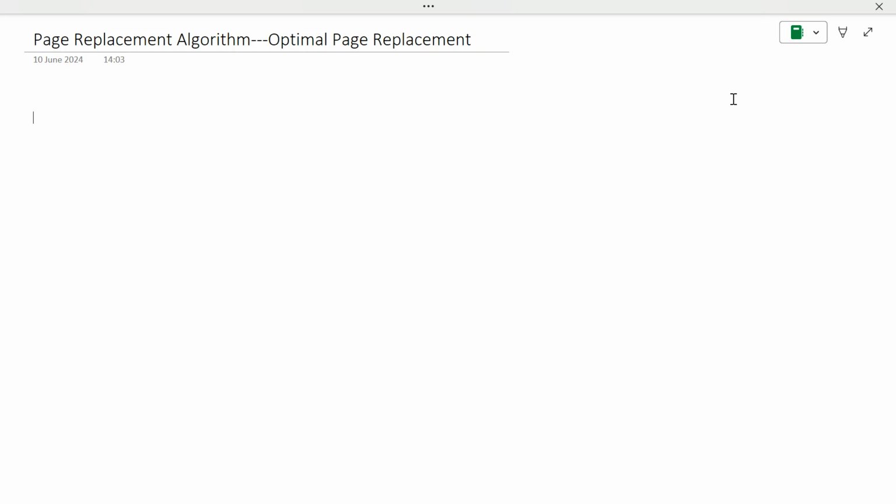Hi all, welcome back. In this video, we are going to learn about the optimal page replacement algorithm. So in the optimal page replacement algorithm, whenever a page fault occurs, the algorithm works this way: